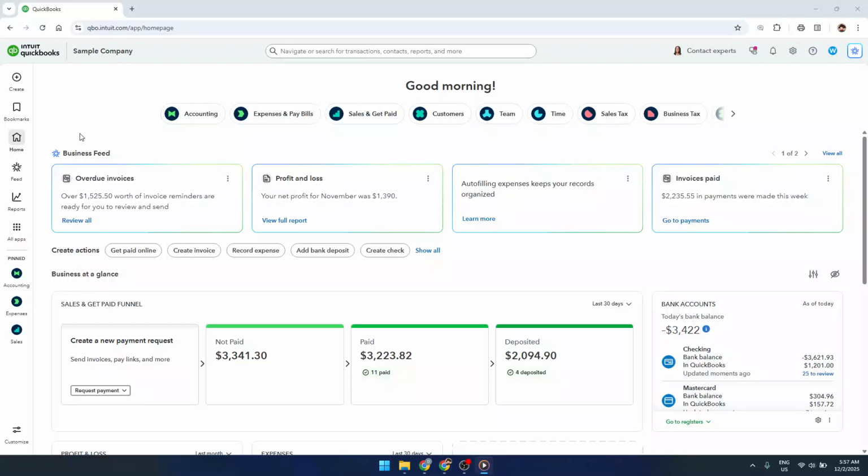In today's video, I'm going to teach you how to set up the chart of accounts in QuickBooks Online. The chart of accounts is the backbone of your bookkeeping. It's the list of all the categories you use to track what your business owns, what it owes, what it earns, and what it spends. Getting this set up correctly from the start will make your reports clearer, your tax prep easier, and your day-to-day